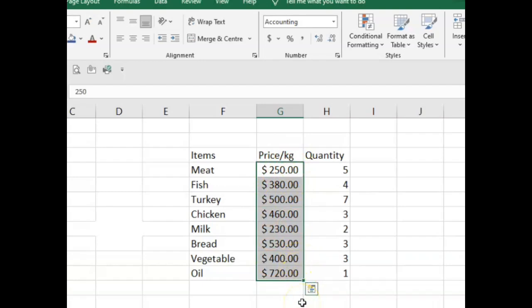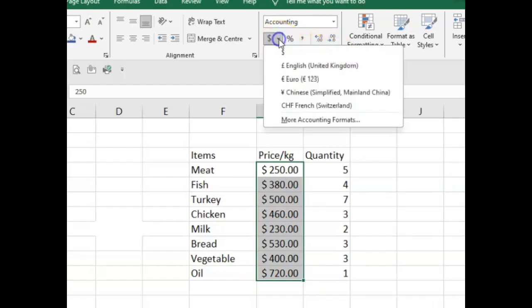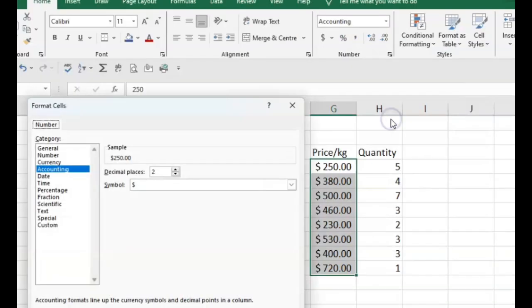Because you could have $250.39. You could have $380.23. However, we are in Nigeria. How do we change these dollars into the Nigerian naira? So we come here. If you cannot find our currency at the top 4 here, then we can click on currency